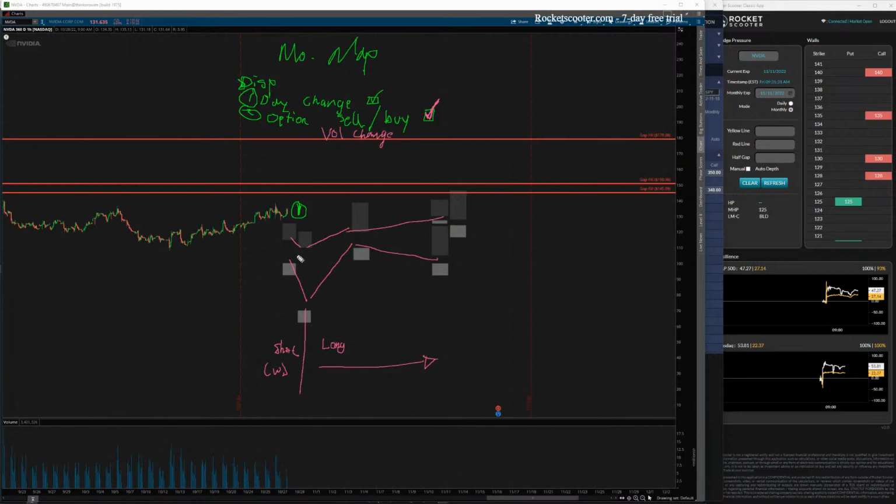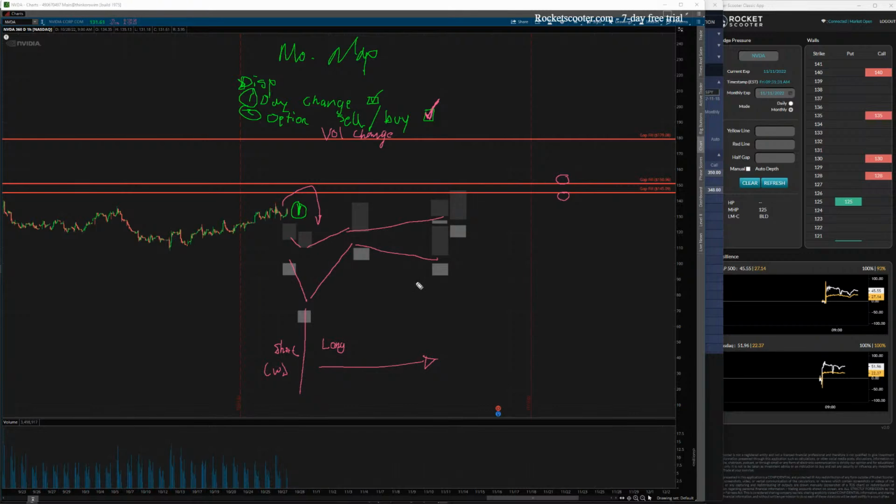Like, when does buying calls become useful? So not only is monthly map gonna help me pick the gap fills, it can pick my price target. The map is gonna help me pick when I want to expire. This will tell me when I want to enter. So today becoming more volatile, I don't want to buy premiums that easily here, and I want to wait until Monday to finally make the trade. Does that make sense?